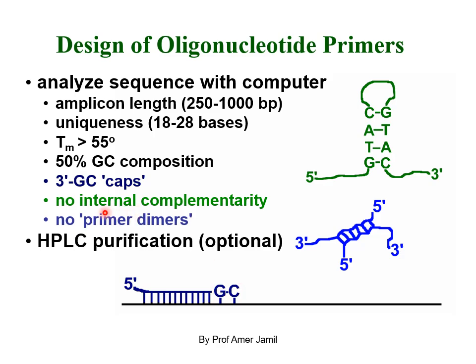There should not be any internal complementarity within the primer itself. Otherwise, what would happen? Primer will self-complement with each other rather than binding to the DNA template. And there should not be any primer dimers, meaning two primers should not have complementary sequences as well. Otherwise, these two primers, they are shorter in sequence, they will complement with each other and they won't bind to